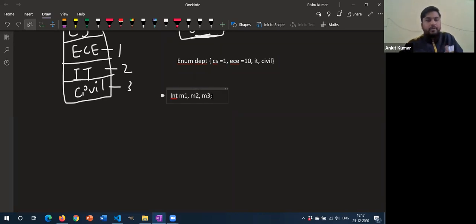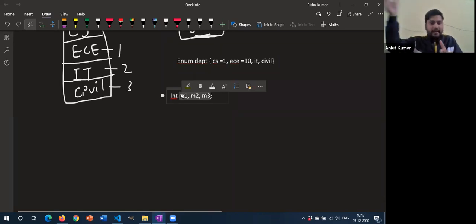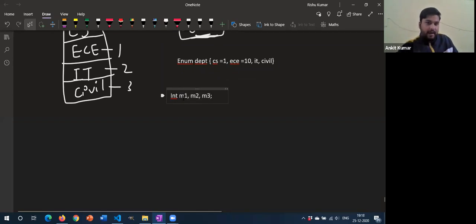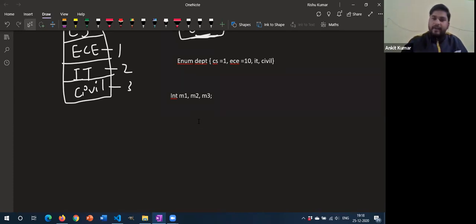Now let us suppose you are making a very huge program. In a huge program, you will use variables of this kind, and after some days or few weeks, you will come and look at your program again. You yourself will not be able to identify for what purpose you used m1 and m2. So in order to remove that confusion, in C++ we have another functionality, that is typedef. So whenever you're confused or you want to use small variables like m1, m2, m3 for marks, at the top of the program above int main, you can write typedef.